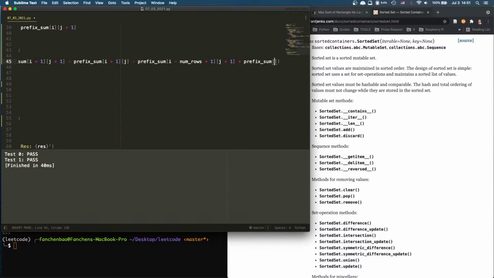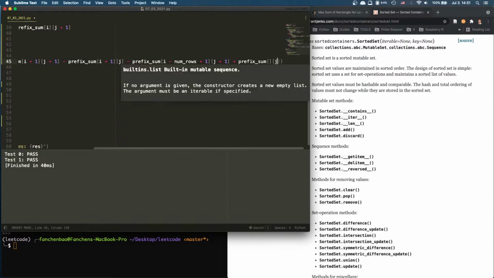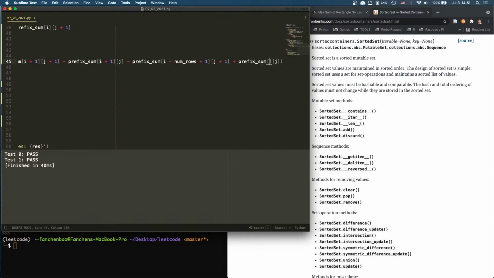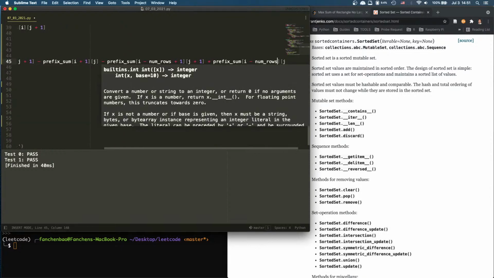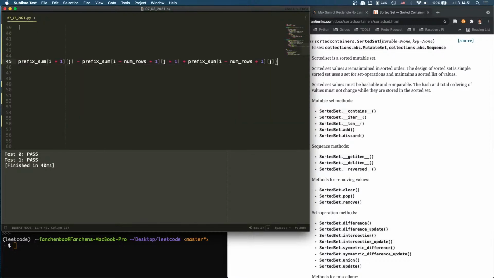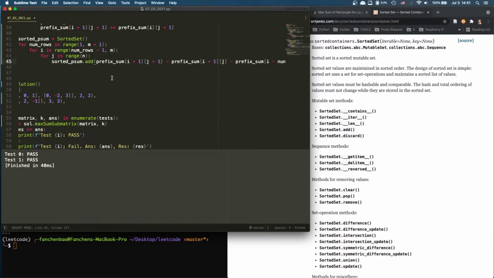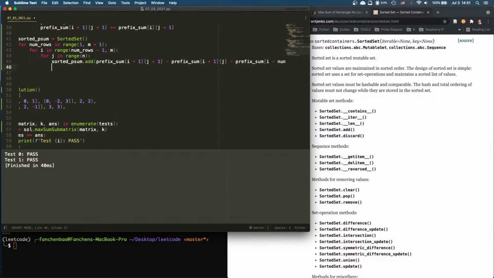So that will be the top left corner, which is going to be j, right? J and i minus num rows plus 1. So that is the thing we're going to add, right? So once I add it, we have sorted p sum, we add it, right? Then I can compute, which is, we're going to say, what do we say? K minus